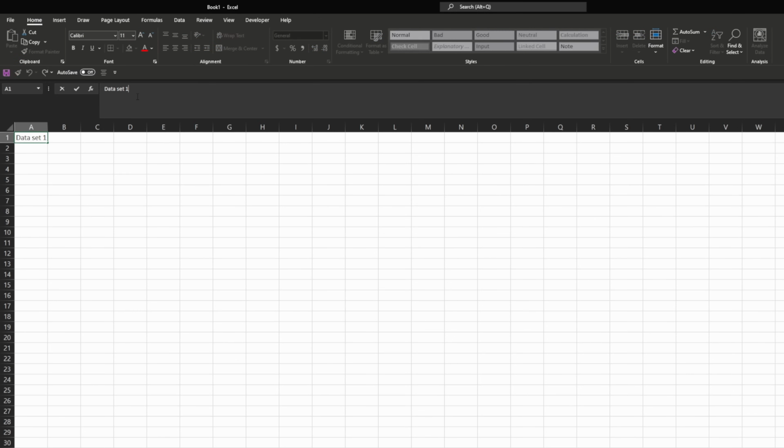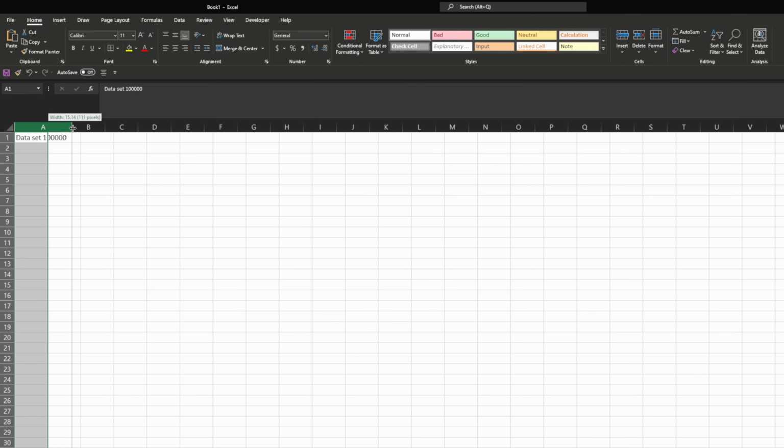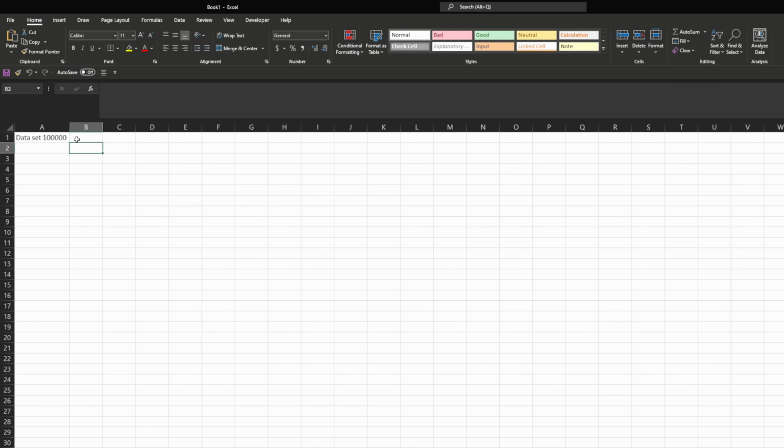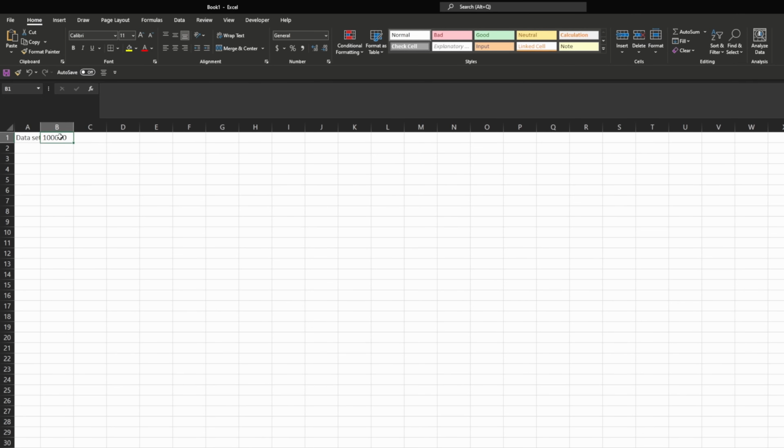Now let's say we have something that's too wide here. So you can go dataset 1, 1000 or whatever, we'll just do that. It's too wide for column A. You have two options. You can either press this and drag it, or you can double click right here and it widens it out for you. So that helps when you have something along the lines like this. Maybe it's column B. You see they bleed over. Double click here